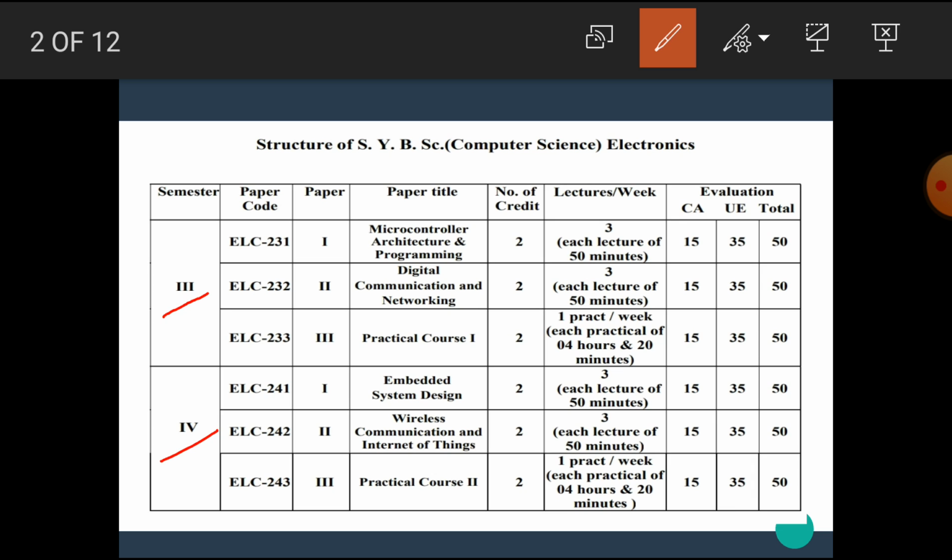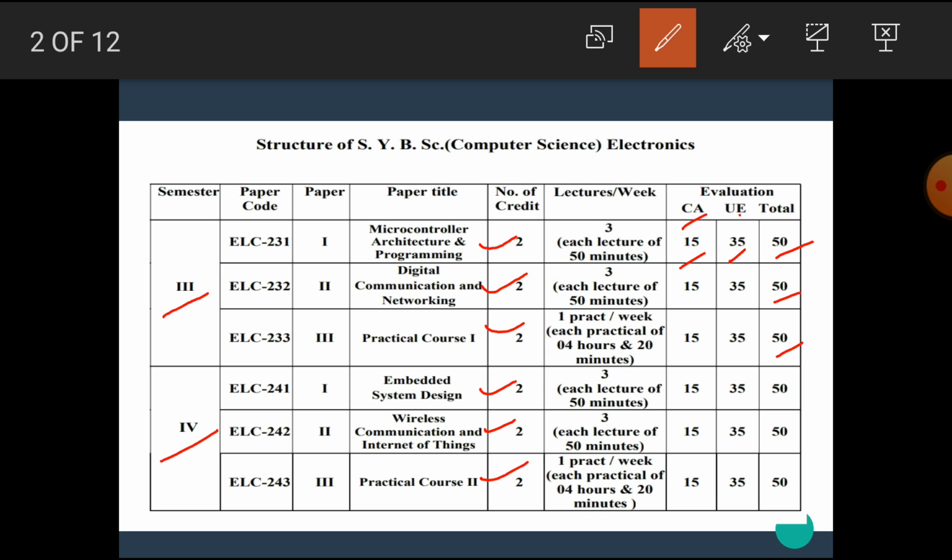In each semester, there are two theory papers of electronics and one practical paper of electronics. Each of these papers is of 50 marks. Out of these 50 marks, 35 marks are for university exam and 15 marks are for continuous assessment throughout the